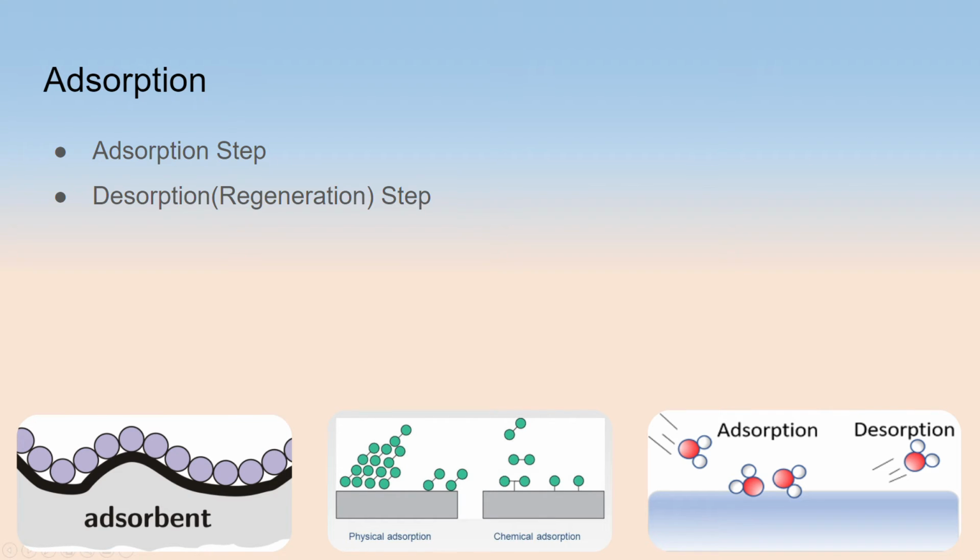On the other hand, the desorption step is to release the retained species from the adsorbent so that we can regain the capacity. As a result, the desorption step is also called the regeneration. However, only a limited number of materials can accomplish the release in the regeneration step. To carry out regeneration,